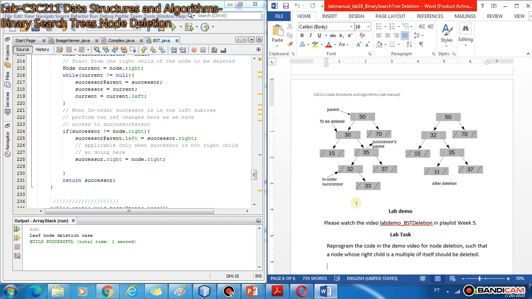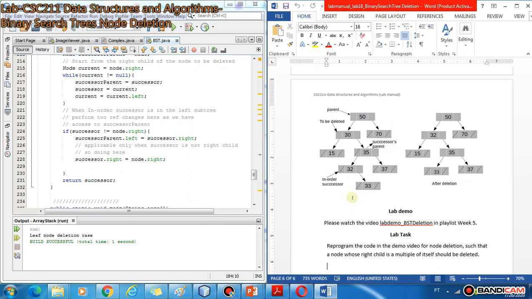So the left child of 30 would become the left child of 32, and the right child of 30, which was 35, would become the right child of 32. So where will the right child of 32 go? You also need to handle its right child. That's why you need the successor parent pointer if the successor is not the right child of the node to be deleted.